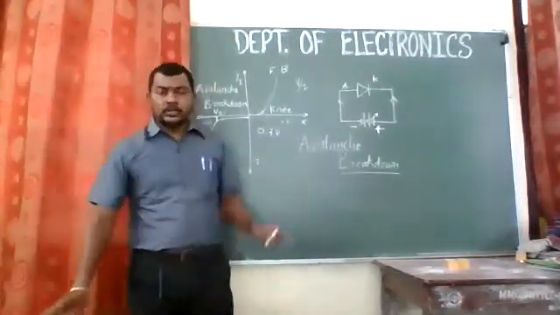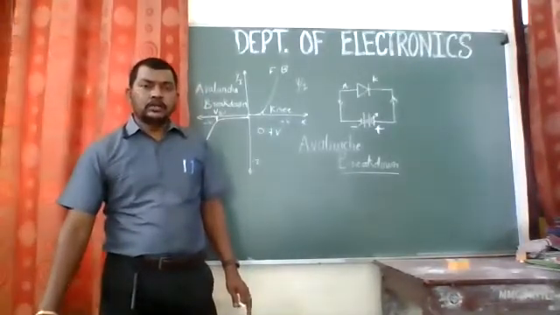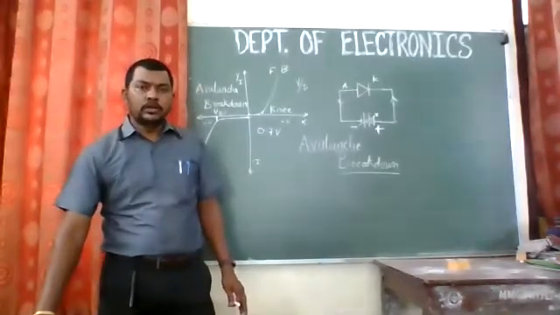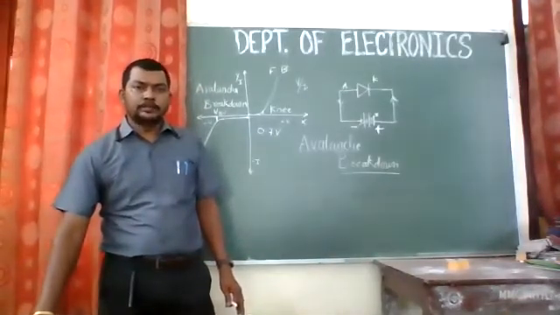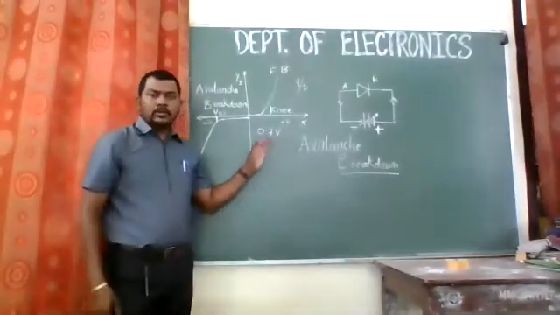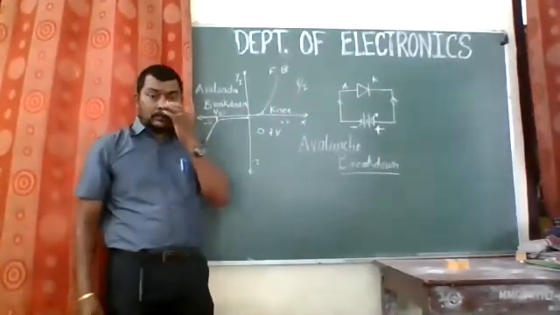Okay, I guess you have understood this much. Any questions on this avalanche breakdown and the effect of temperature on avalanche breakdown? If you have any questions, anybody can unmute and ask. Okay, so this is about the avalanche breakdown in which we have connected the battery in reverse bias condition, right?